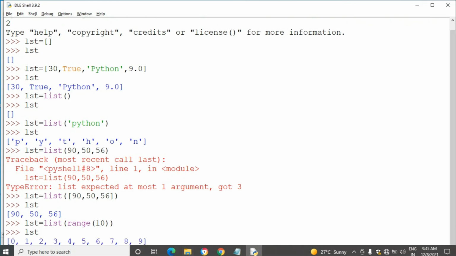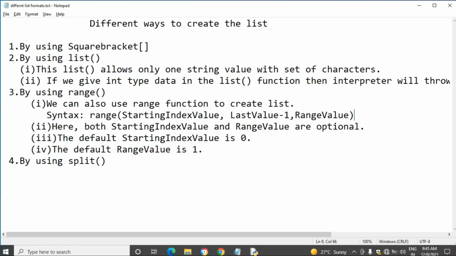So, our required list format has come. Basically the end value is 10, so 10 minus 1 equals 9. So from 0 up to 9, the list has come.